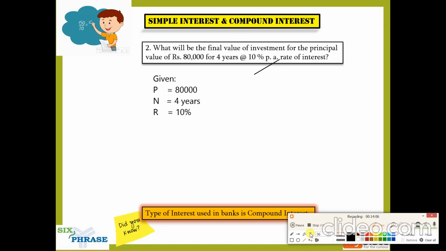So you guys know amount is nothing but principal plus interest. You already know the principal. This is the principal. So 80,000 is the principal. What you guys have to find is the interest. So here, because I told you there is nothing mentioned, simple interest is what we have to find here. So trying to find simple interest, for 4 years, let's go step by step.